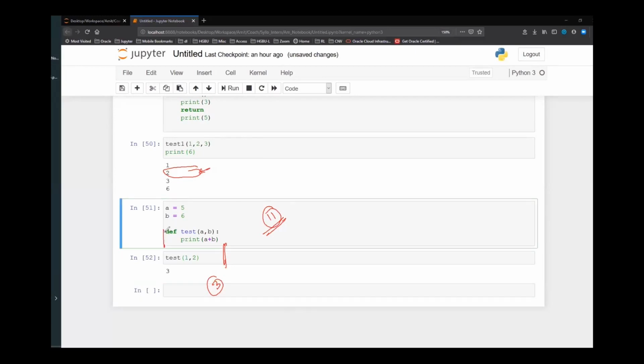When you have these functions, whatever parameters you specify here, they are isolated from whatever names A, B, C that you have defined earlier. So although I'm using same named variables A and B outside these functions, the values for A and B going inside this function will be through these parameters, that is 1 and 2, not 5 and 6.